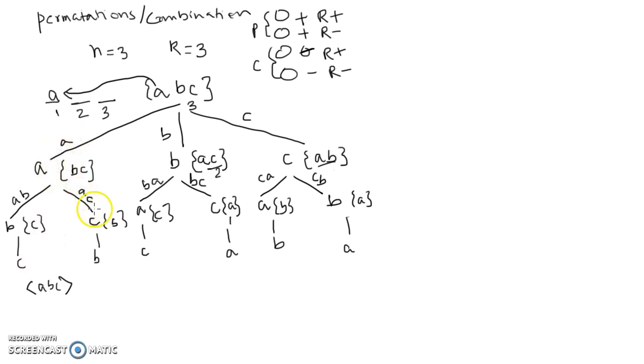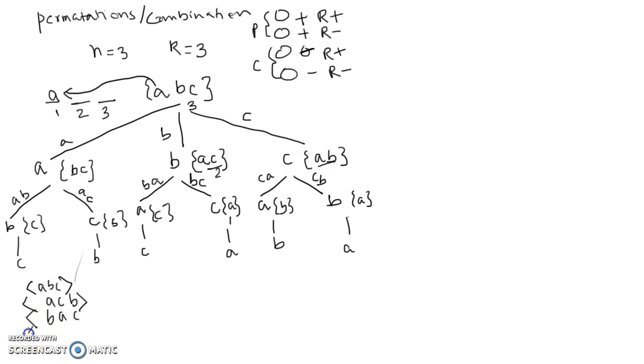So if you follow this AC, then I have a unique branch every time. There are only two branches that start with A, right? These two. And there is only one branch that starts with AB, and there is only one branch that starts with AC. So I have ACB, and then if you follow this, I have